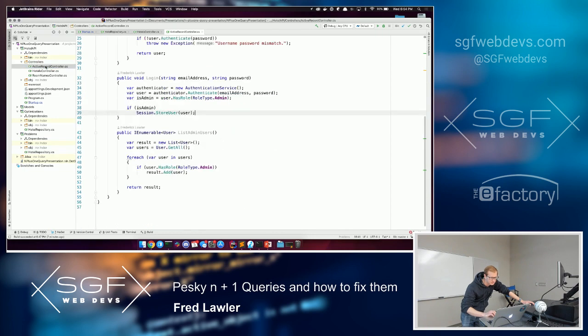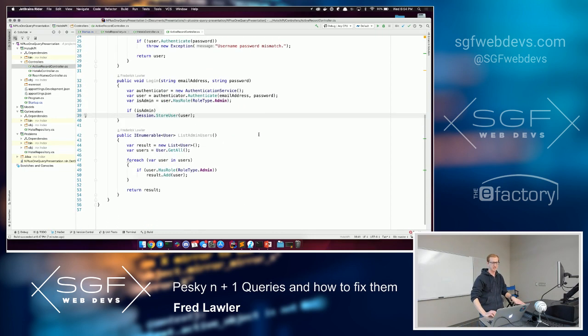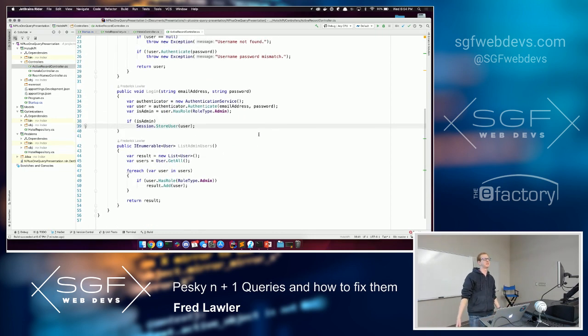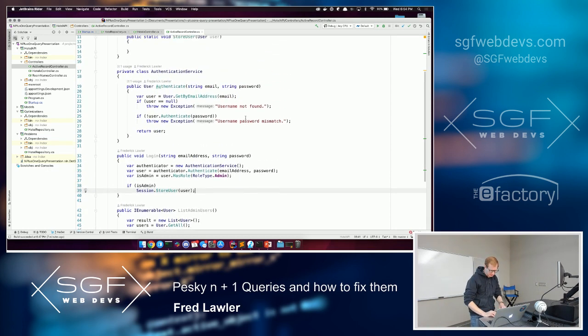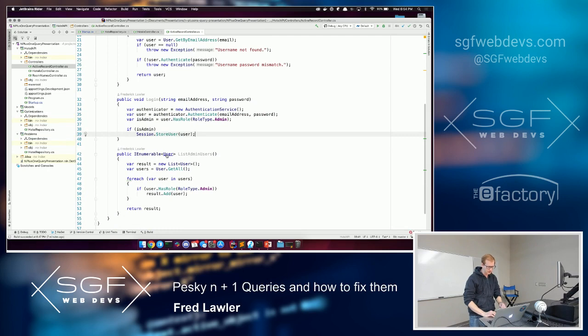So for those of you who aren't familiar with Active Record, it's a certain style of ORM where you have your models that are actually reaching out to the database, pulling the data back. What I just showed you with the repository pattern is a separate idea from that, but Active Record kind of works in a different way, but you can do similar things with it. In this case, I created a user model,